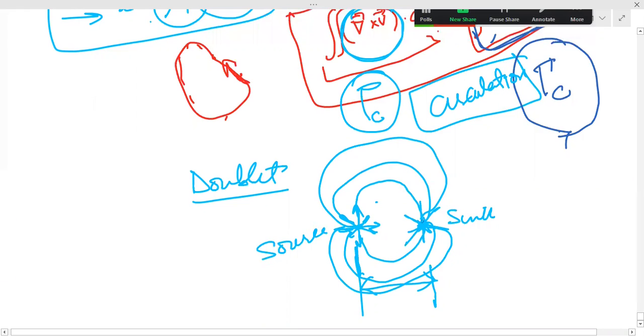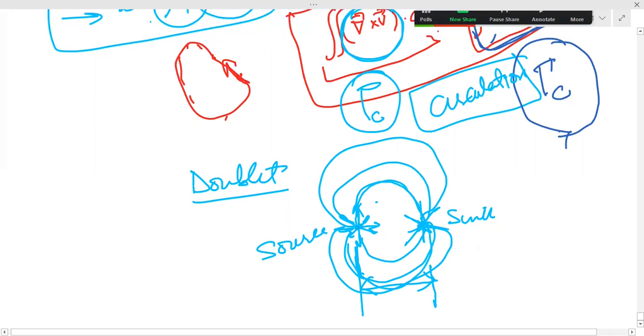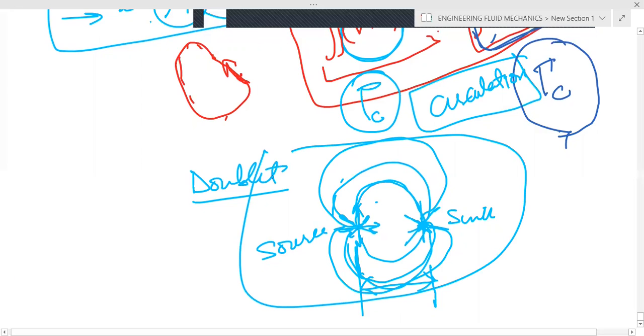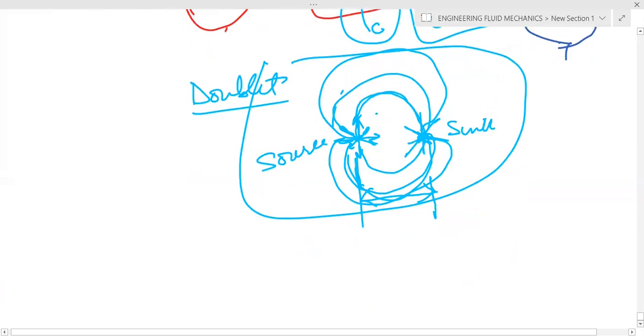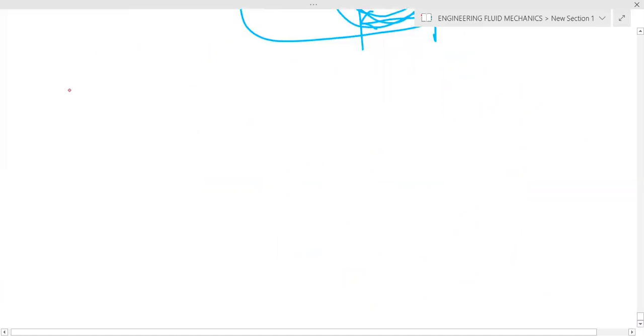ये सोर्स है, ये सिंक है, ये आपस में बहुत क्लोज हैं। तो यहां से सोर्स से फ्लूइड निकलेगा, सिंक में जाएगा, इस तरह से। So this is also called an elementary irrotational region of flow. तो हमने अभी कौन कौन से एलिमेंट्री irrotational region of flow डिफाइन कर दिए हैं? One was